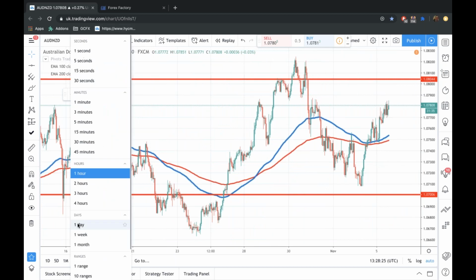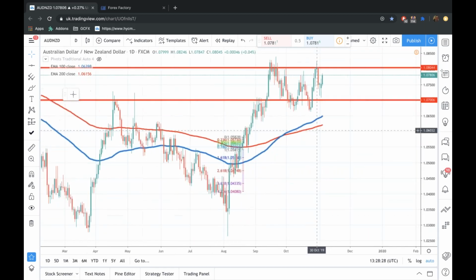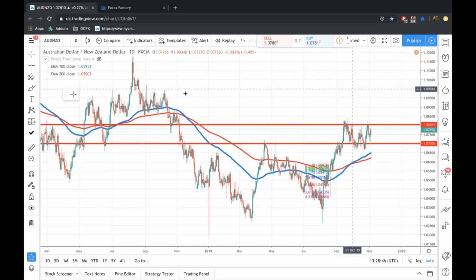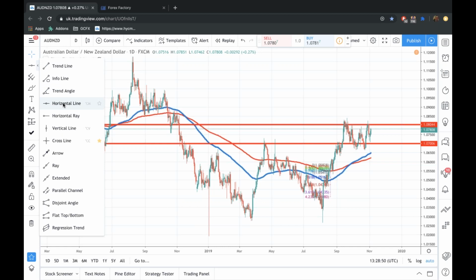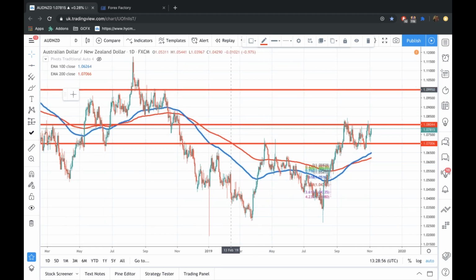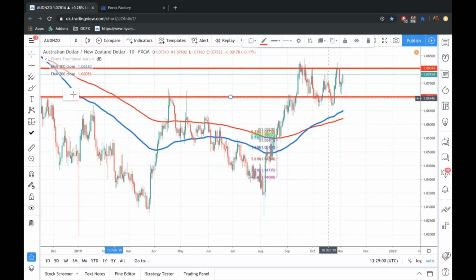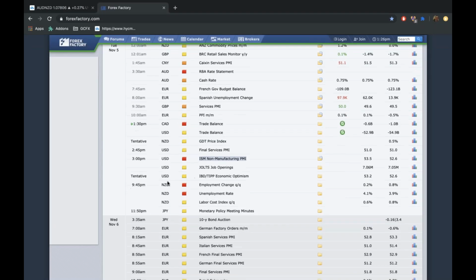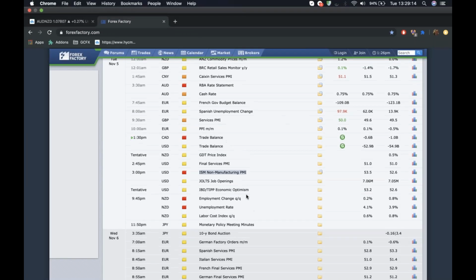We'll go to the daily chart, because if we see a divergence between the RBA and the RBNZ, so if it's very bad employment data for New Zealand, it looks like the Reserve Bank of New Zealand want to cut rates, and then the RBA are keeping on rates, then we expect to see more upside and a potential breakout of these highs, moving back up to 1.1100. Okay, so that is a level to watch if we get very poor data out for New Zealand labour information. So it would be a break of these highs, and the next stop after a break of those highs will be up to 1.1. That is what I'll be looking at,